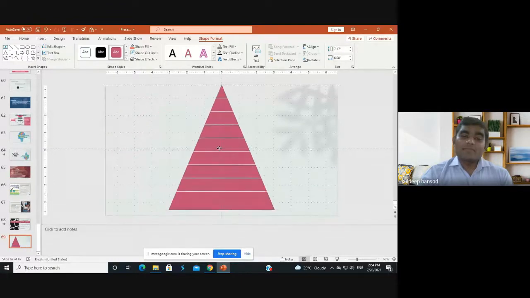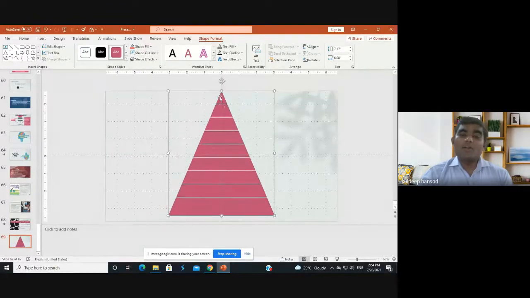If you want a different shape, you have to do it twice, thrice, fourthly. Then you can break this triangle into different pieces. That option is available after Office 2013. After that, this option is available, that is Merge Shapes.